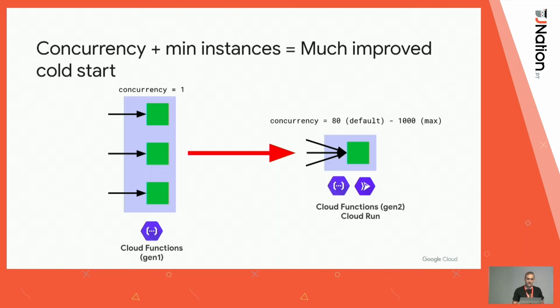So that's number one. And number two is that there's also this notion of minimal instances in Cloud Run. And this is set to 0, meaning if no one uses your Cloud Run, it scales down to 0. But if you want to set this to 1, that will run as one container at all times, whether someone uses it or not, right? So with that, with 80 concurrency plus some minimal instances always running, you don't run into cold start problems, most of the time. It can still happen, but most of the time, you don't run into it.